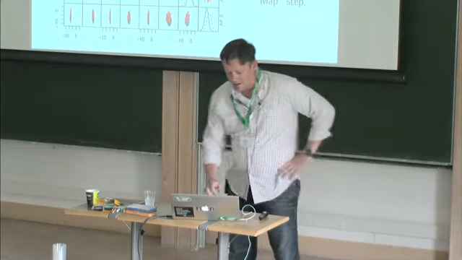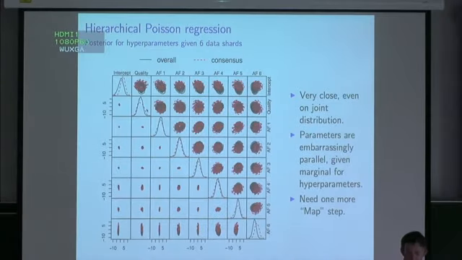If we look at the posterior distribution of the mu parameters here, it looks like this. This is with 6 data shards, one of the runs that we did that took a long time to run on a single machine. Along the diagonal, you can see the marginal distributions of each of the mu parameters. On the super diagonal, you can see the joint distribution of, for example, add format 2 with the quality score, like in a pairs plot.